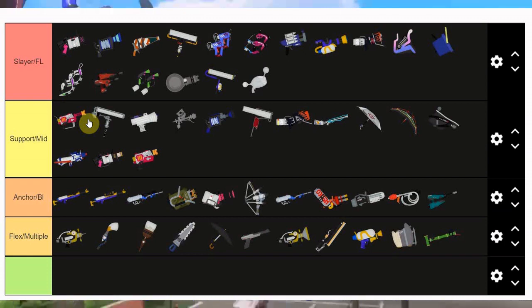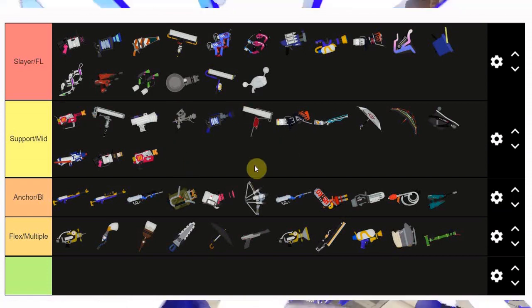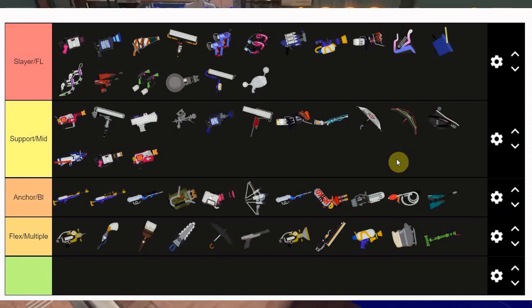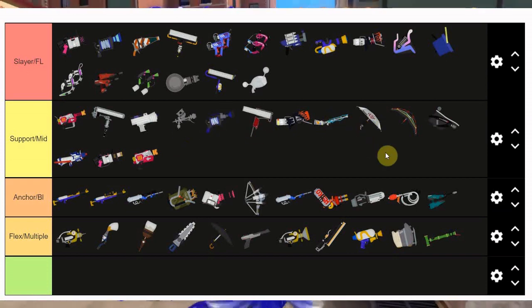Up next, we've got the support slash mid-tier type weapons, mid-range weapons, if you want to call it that. These weapons can fall into a couple of different categories. There's weapons that fit into both support and mid, there's ones that fit mainly support, and then there's ones that fit mainly as a mid-range weapon, but don't really have any support type of qualities. These are mainly the weapons that just paint. They either paint, or they have specific ults, tacticals, or abilities, or the way the weapon plays lets them lock down an area or an objective